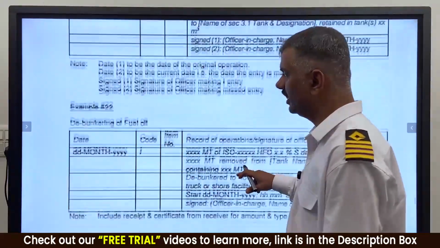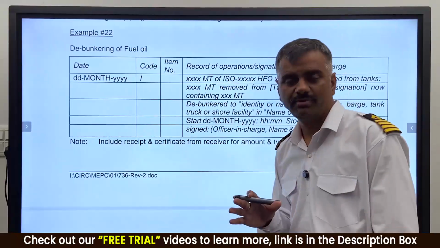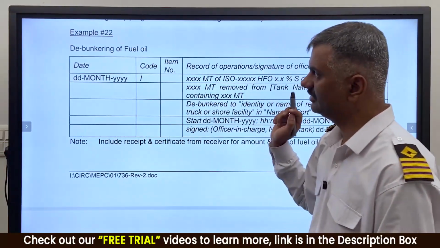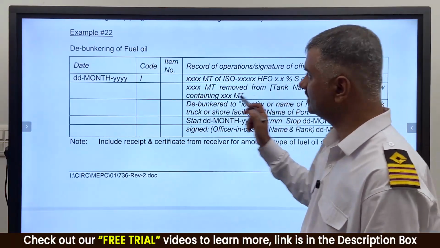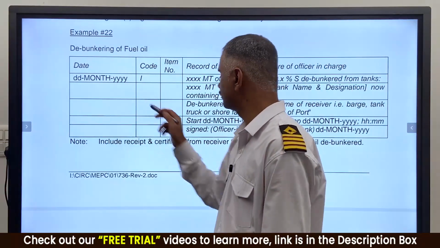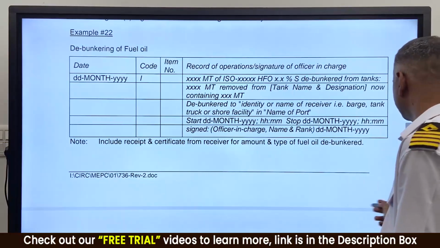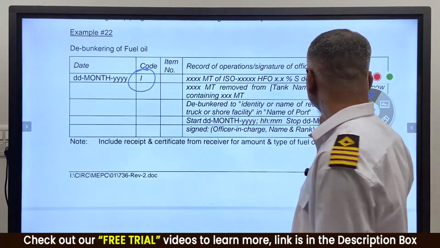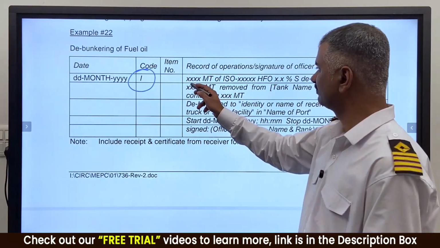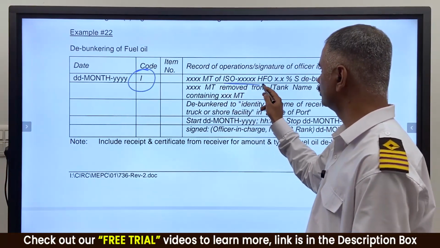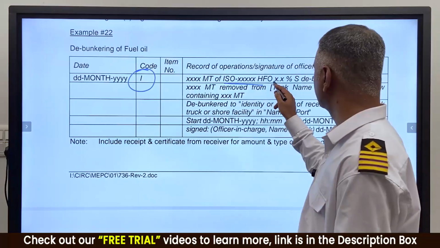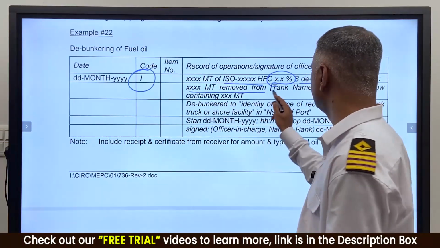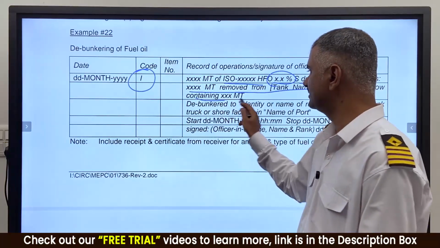Now, if there is an off-spec fuel and debunkering has to take place, an example is also given here. In case there is a debunkering of the fuel, this will also go under code I. You can see this much quantity in metric tons of ISO, as per the BDN sulfur percentage, has been debunkered from the tanks, this much removed from the tank, and now it contains this much oil.